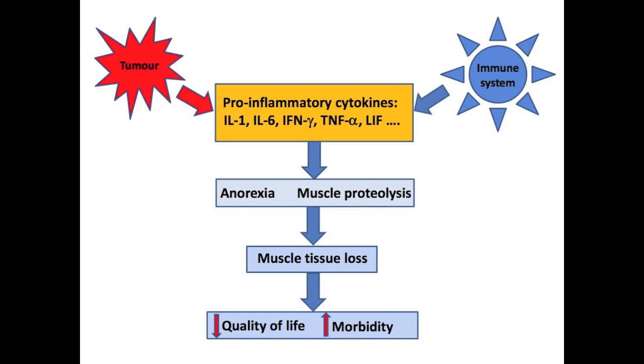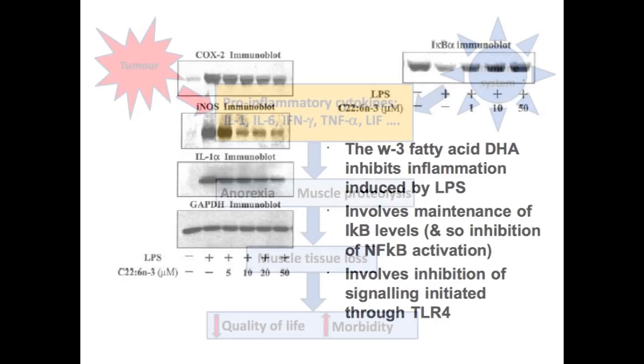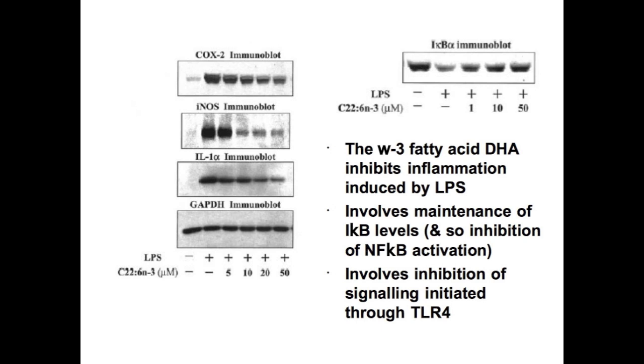So this is an experiment. I've got to explain what's going on here. These things are readouts of different inflammatory chemicals: cyclooxygenase 2, nitric oxide synthase, interleukin-1. Now this is a readout where the cells are not stimulated in culture. And then this is where they are stimulated in culture, and you see this big difference in upregulation of these inflammatory genes. And then this is if increasing amounts of the omega-3 fatty acid DHA are included in those cell cultures. So you see this marked reduction and almost abolition in some cases of the inflammatory readout.